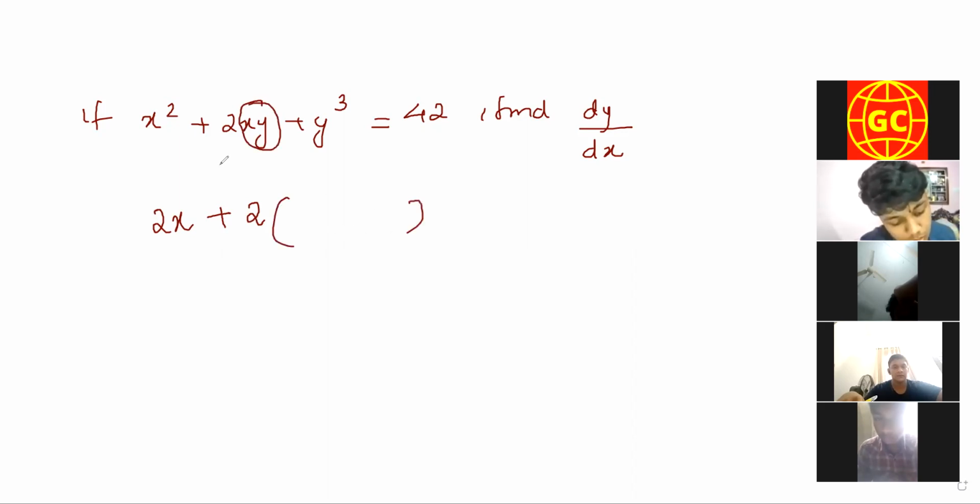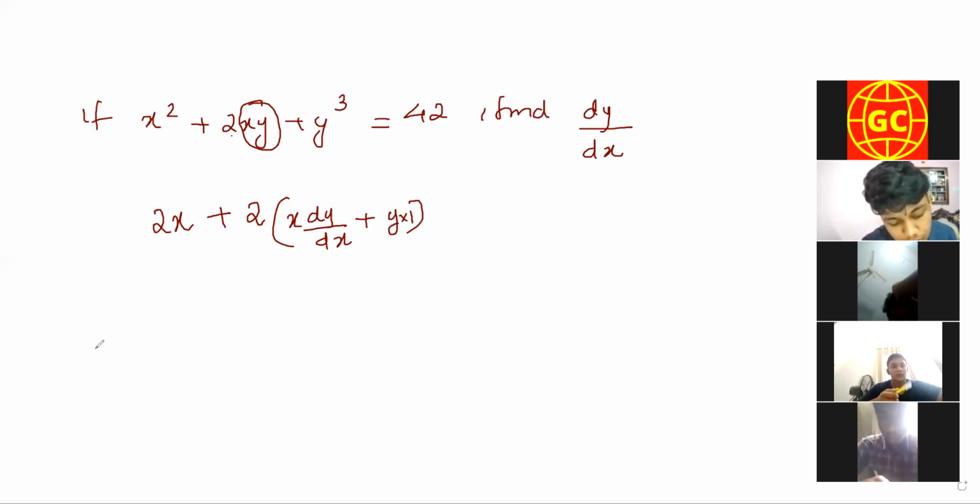So I am putting a bracket because it will be longer, right? So that's why I am putting a bracket. Xy, derivative of xy, x into dy by dx. In the last question you have done that. Plus y into 1. uv dash plus vu dash. Understood? 2 I am keeping here. I am doing the derivative of xy. Achyut, clear? Teacher, why are we not taking the derivative of 2?